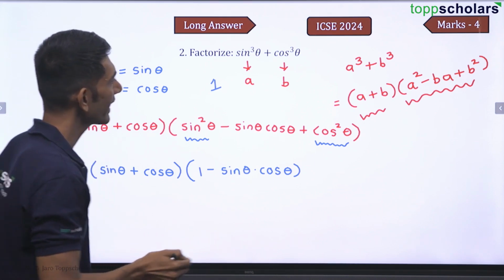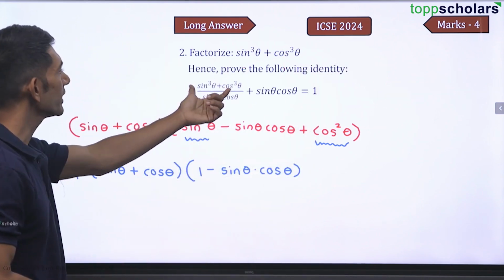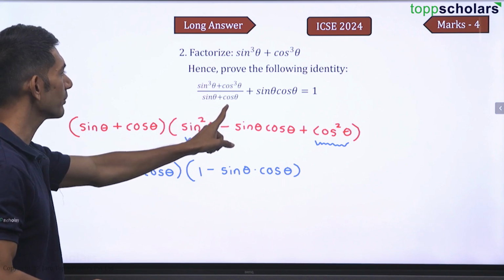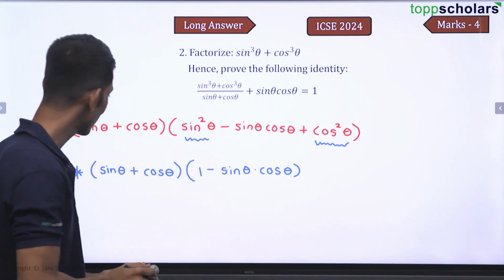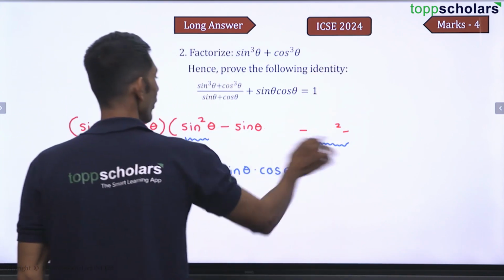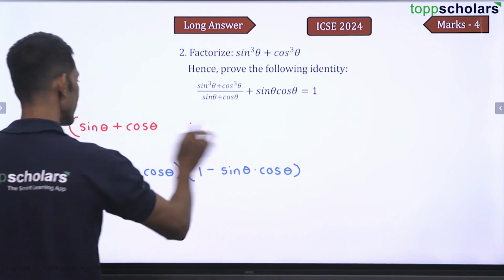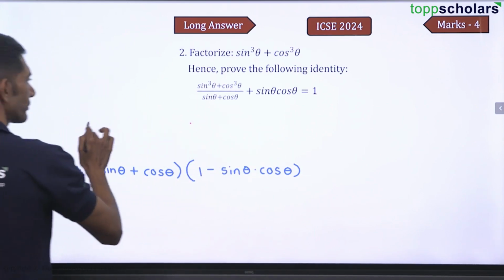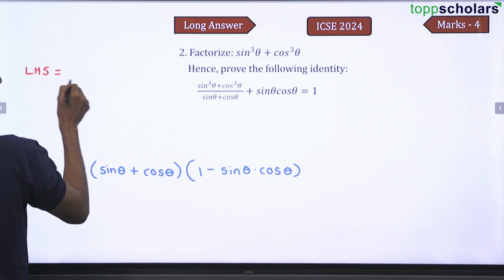Now let us see what is the second question. Okay, so we are supposed to prove this, that sine cube theta plus cos cube theta by sine theta plus cos theta plus sine theta cos theta is equal to 1. This is what we are supposed to prove. Now, if you see already, we have factorized sine cube theta plus cos cube theta. So let us focus on the LHS. So what is the LHS? The LHS is